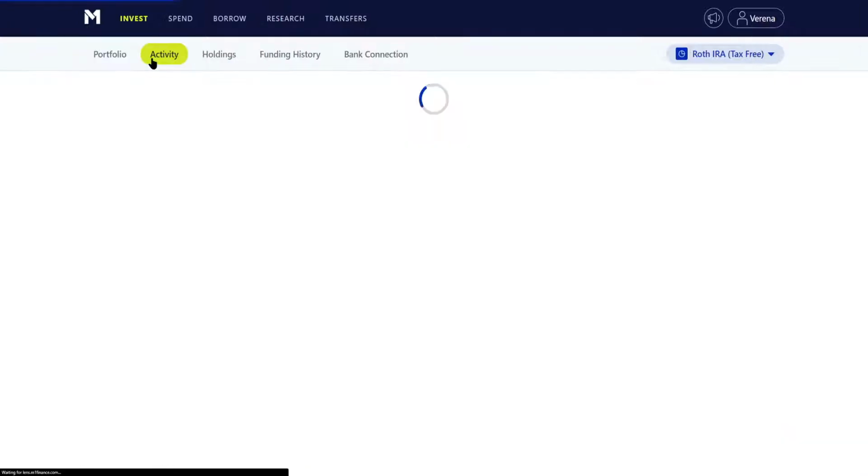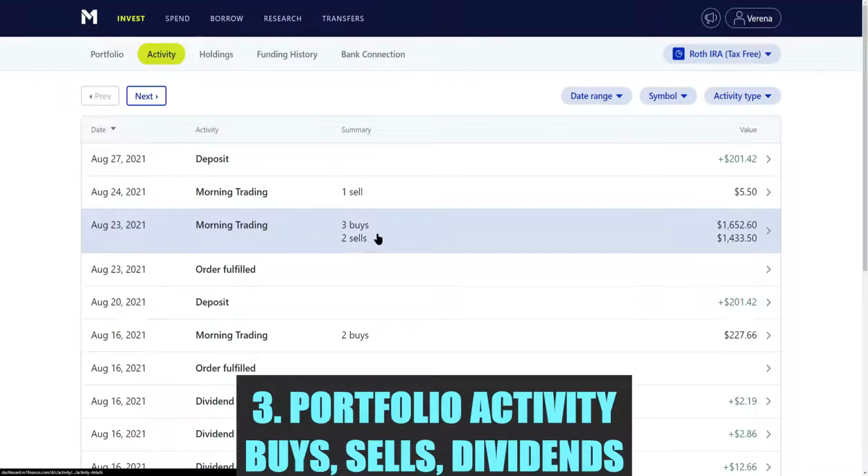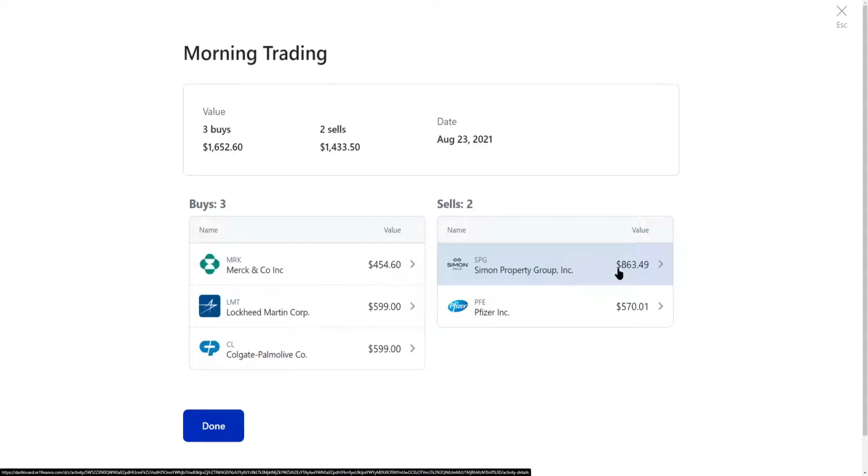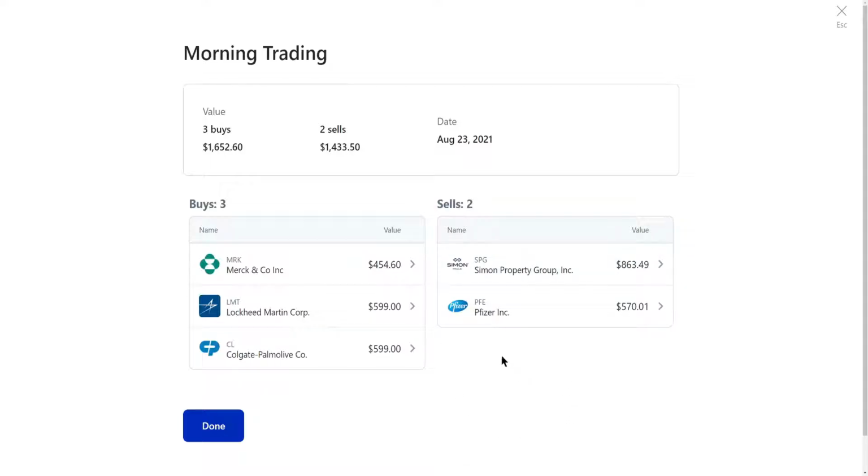Okay, so jumping over into the activity. Again, we talked a little bit about what we sold. We completely sold out of Simon Property Group here. We sold all of our shares here, $863 worth. We also took profits there on Pfizer, removed $570. We put that $570 and that $863 plus the dividends and the equity that we added last week